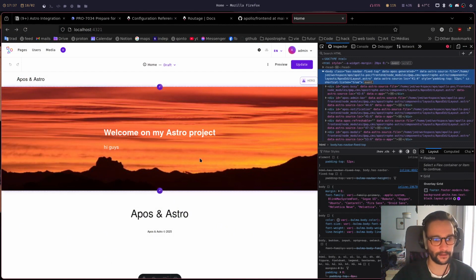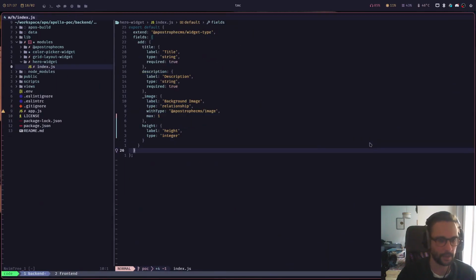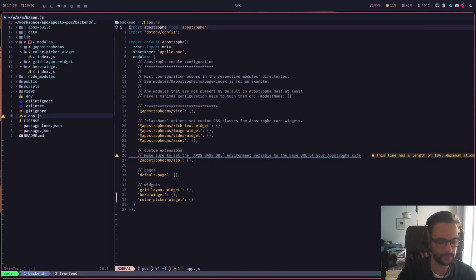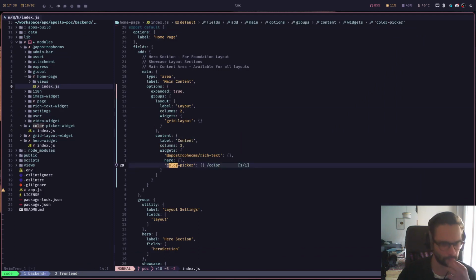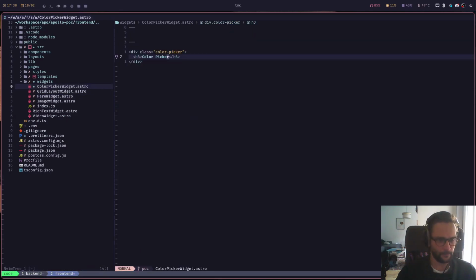So this is for static stuff, and now I want to show how to handle more dynamic stuff. So that's why I created the color picker. Again, it's pretty basic, but it's just to see how it works. So I have that new color picker widget that has only a title. We don't care really. It's here. Yep, it's available in my home page. Yes, so it should be available here. All right, so